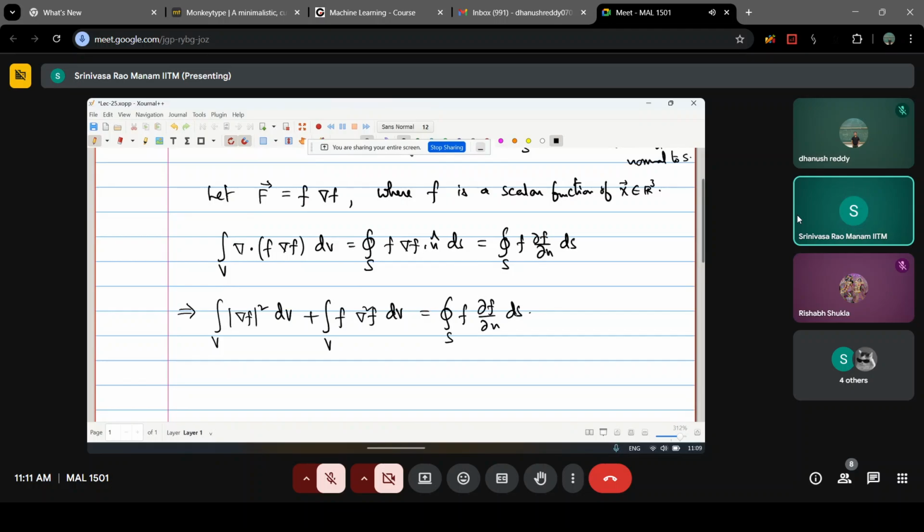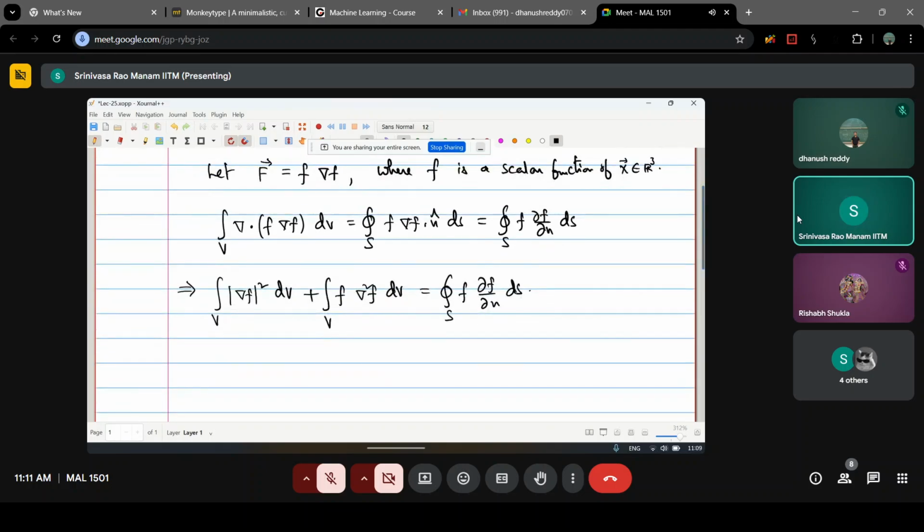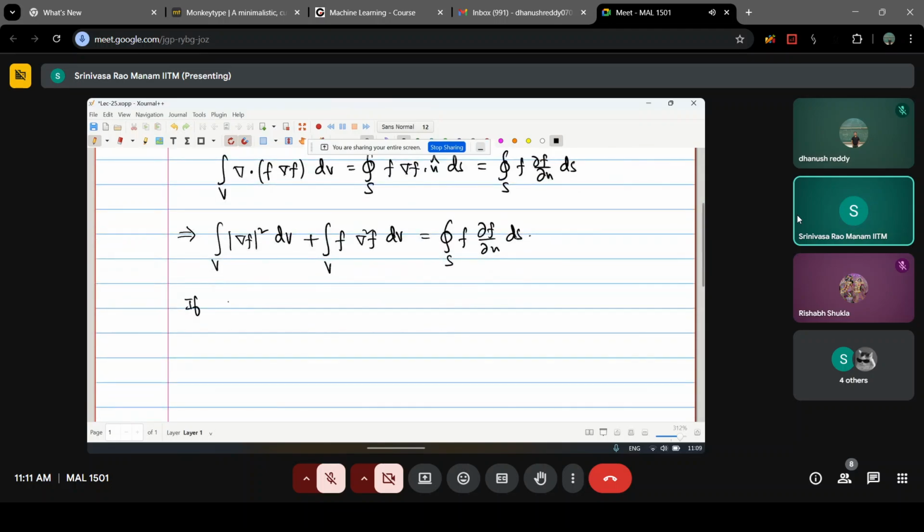Let's call this 1. Instead of taking f grad f, you can also take f grad g, where f and g are both scalar functions. I think that is also useful. Let me write it. So if F equals f grad g, where f and g are scalar functions,